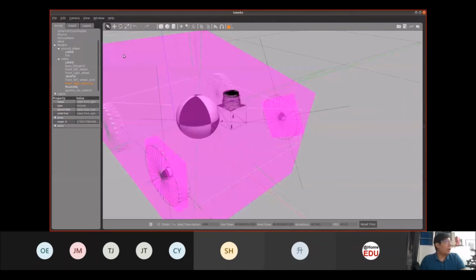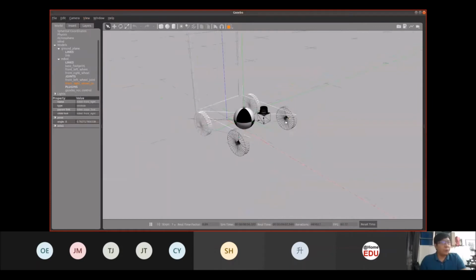Now this is one part of it. So usually I would recommend you to simplify some parts of your robot, but there are some parts that you can't simplify.